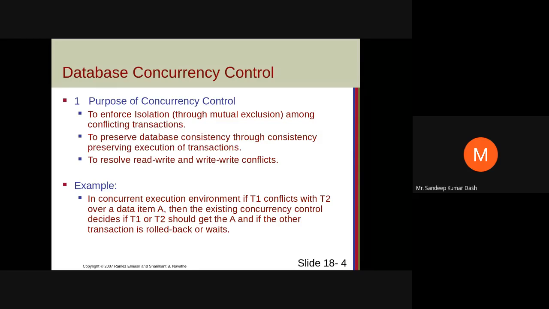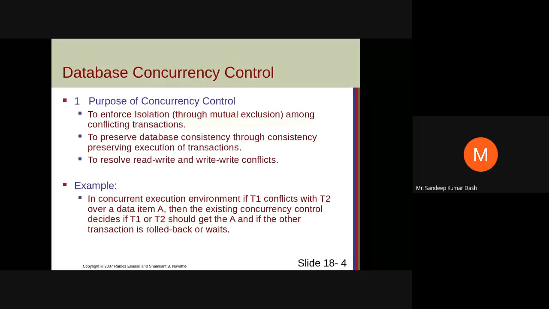Whenever two or more transactions are reading a data item, at that point of time you should not allow other transactions to write onto it. Suppose X is being read by two transactions and another transaction is trying to write it, so it should not be allowed. Let them read first, let them complete the read, then you allow the write. Or suppose one transaction is writing the data item and another transaction also tries to write onto the data item, it should not be allowed. Let one transaction complete, then another transaction will be allowed.